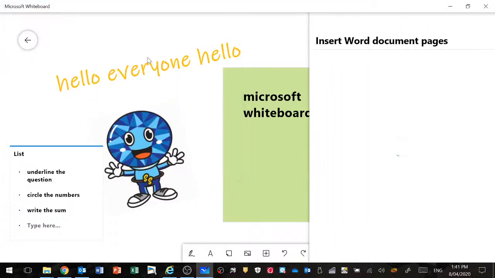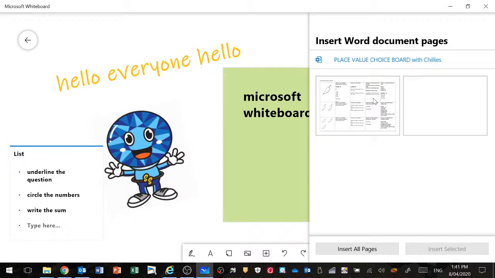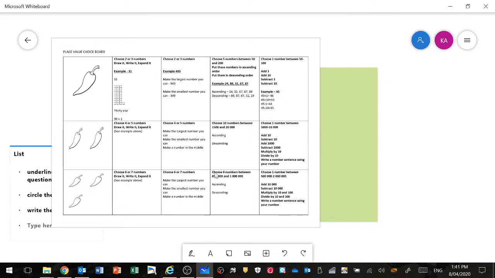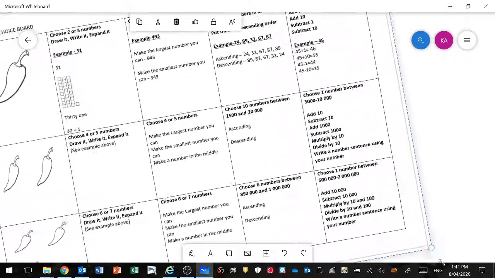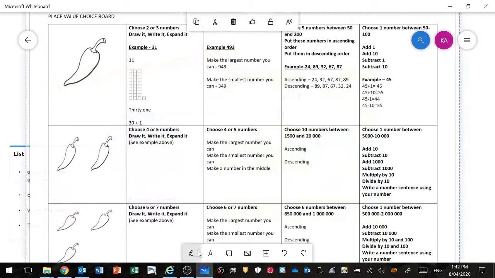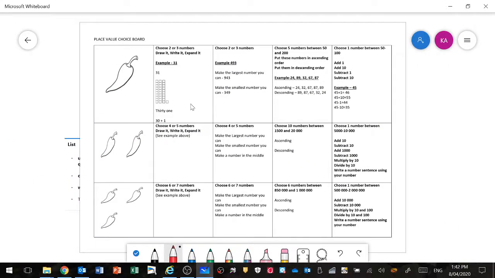This one, for example, lets you choose if you want particular pages, so it doesn't have to be the whole thing. Say you wanted to show an example of how to do something. Say you had a page of maths equations, you might want to input the document, make it really big so the students could read it, and then you could get the pen and write in,